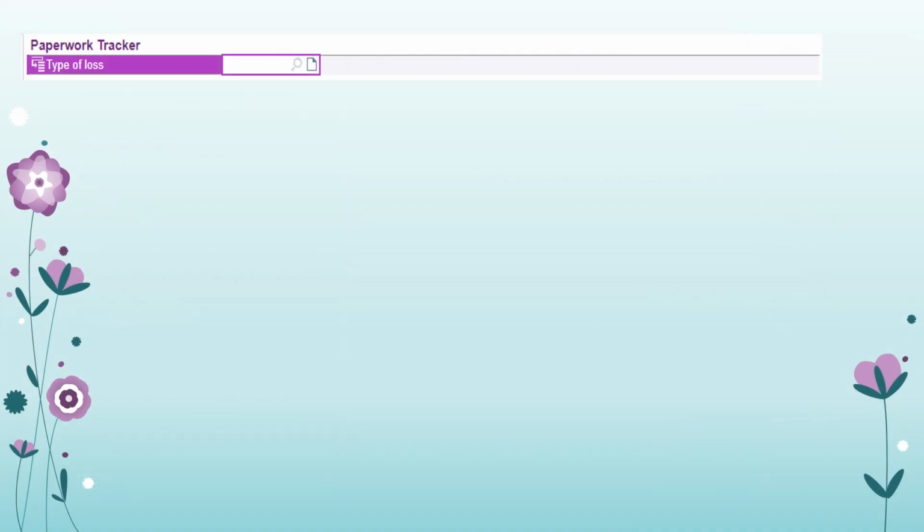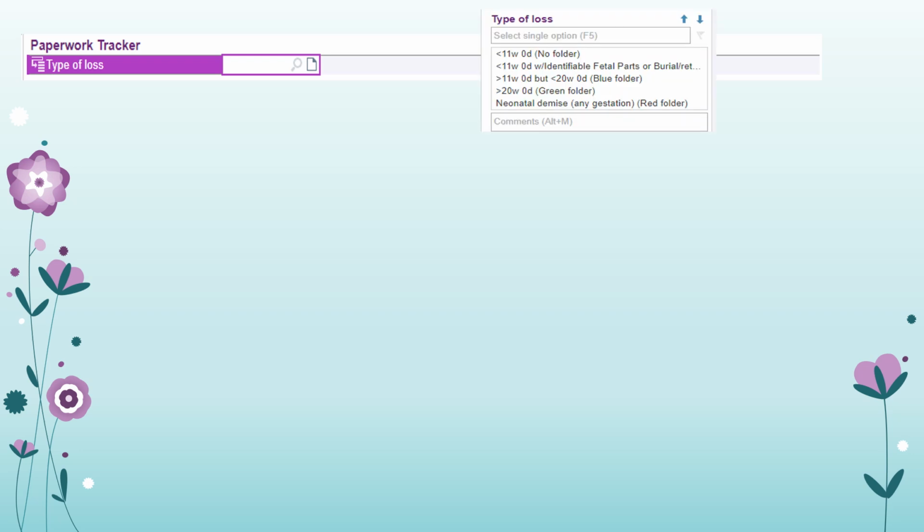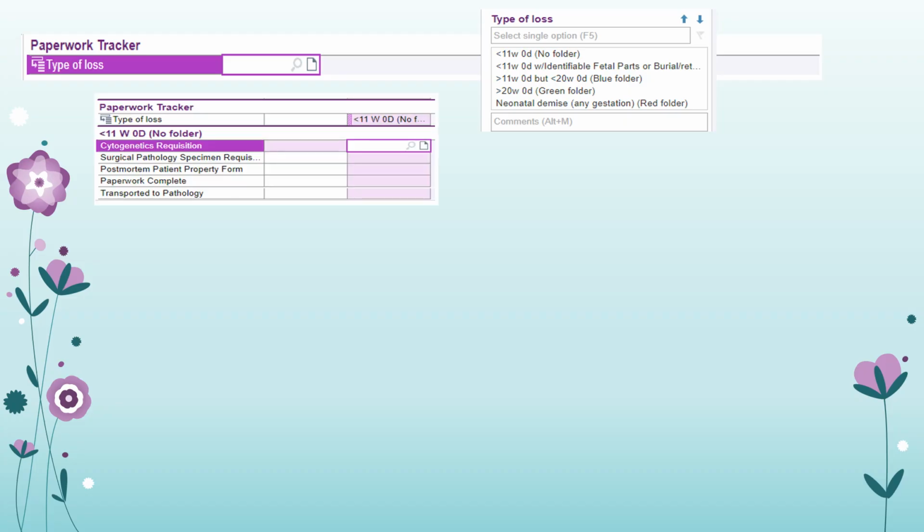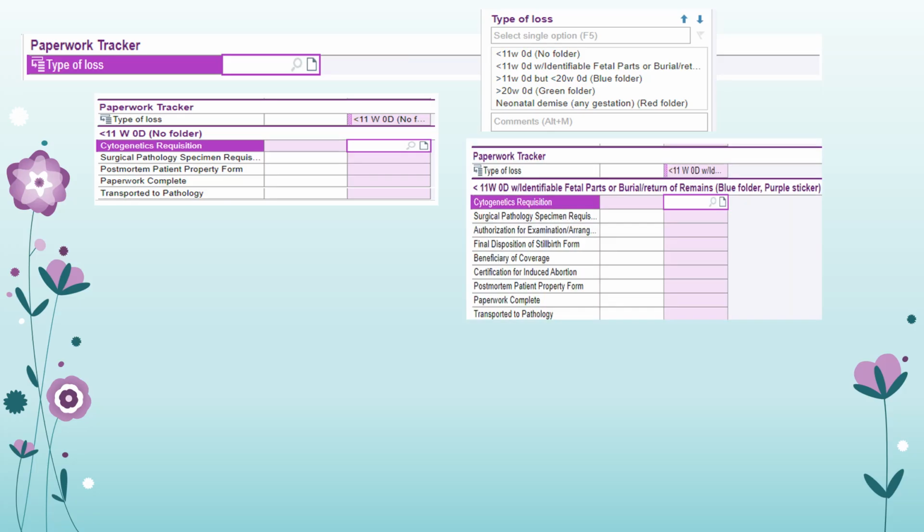Now we will work through our paperwork tracker. First, we need to identify our type of loss. By clicking on that row, it will cascade into these options. Our less than 11-week loss, this is the required paperwork. If we had a less than 11-week loss, but with identifiable fetal parts, or the remains need to be returned